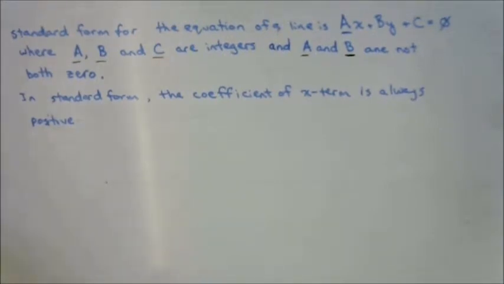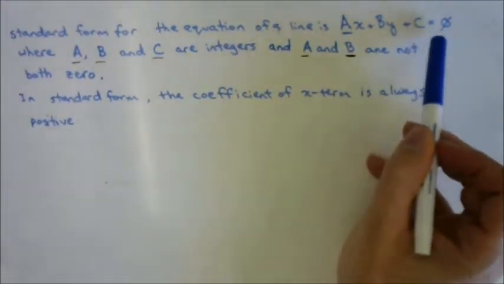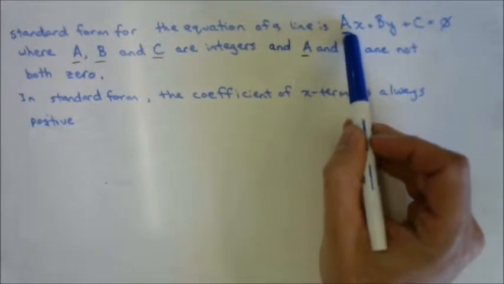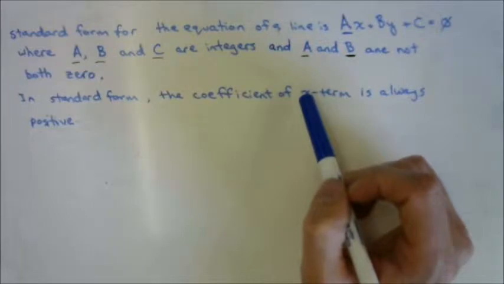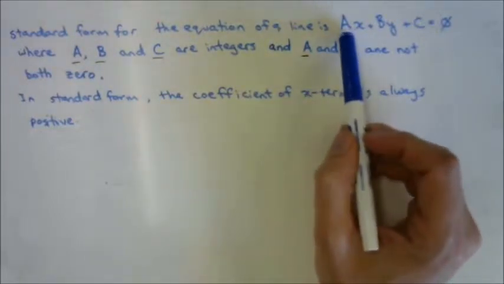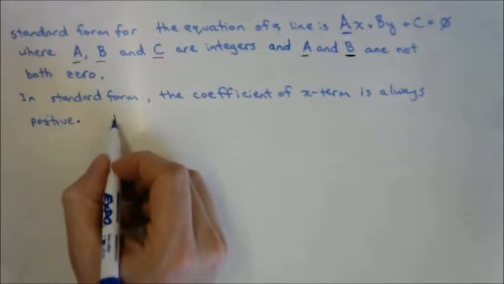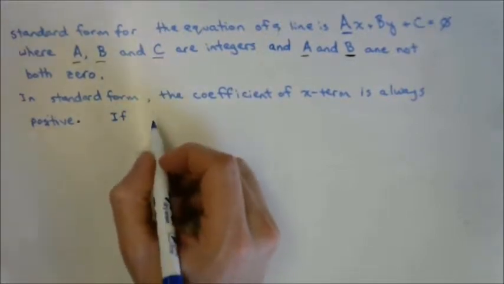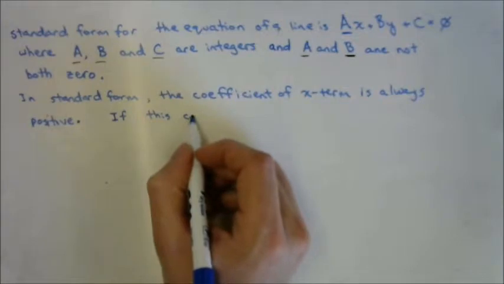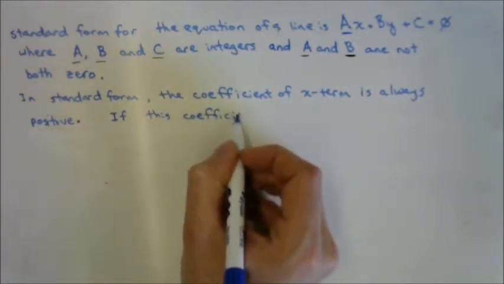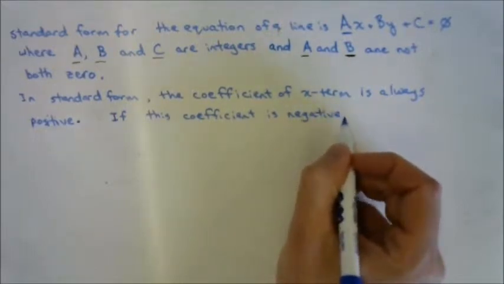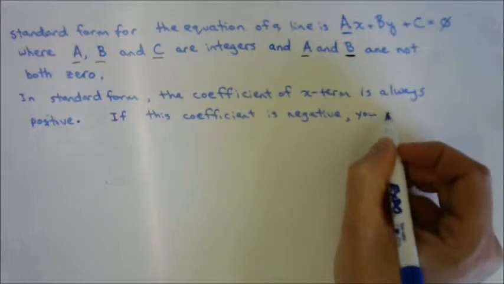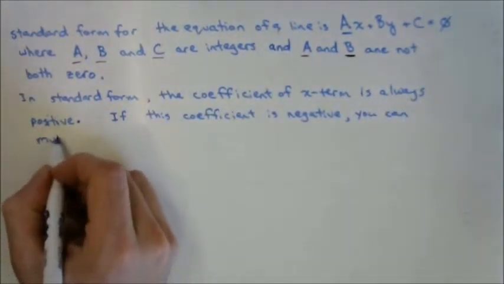Okay, regroup. In standard form, the coefficient of the x term is always positive. So that means when we're writing it like this, you'll never start with a negative number. If you're doing your math and it ends up with a negative number, you're going to have to do one more step to make sure this term is not negative. If this coefficient is negative, you can multiply